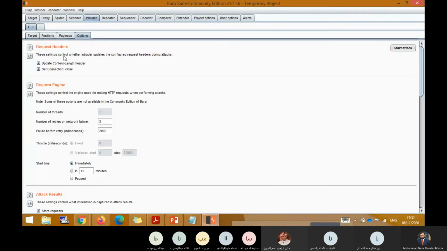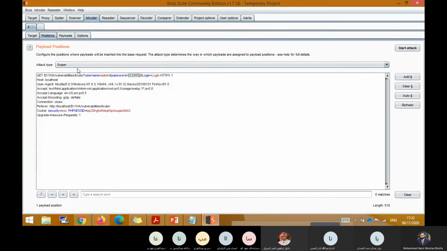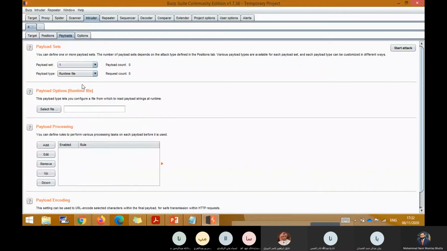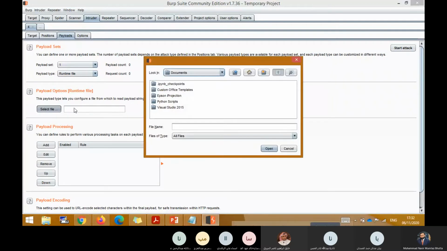There will be a small change in your positions and payloads: you will not select the simple list. Rather, you will select runtime file. When you select runtime file, you go and select the password file from here, for example any file which is a text file. It should be a text file.